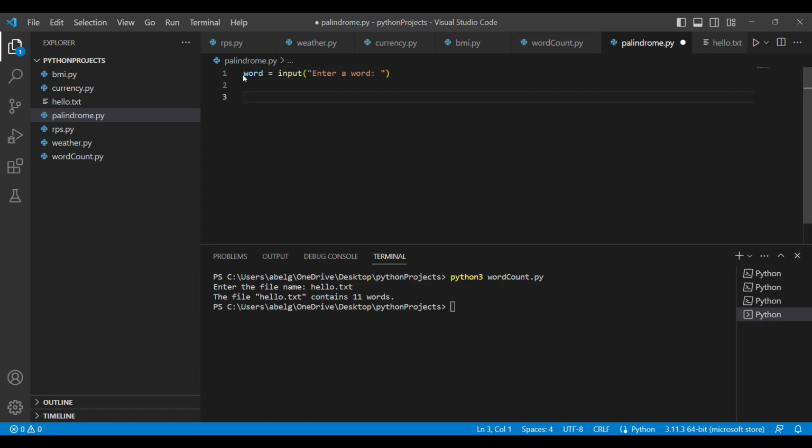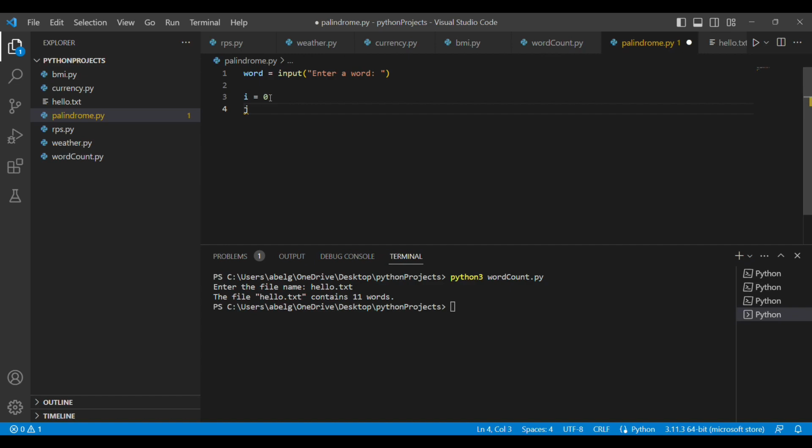So let's just call it I. So I is going to be 0. As we said with lists, as indexing starts with 0, the same is true for strings. So for a string, let's say for the string Abel, A is at position 0, B is at position 1, E is at position 2, L is at position 3. So it's the same as lists. So I equals 0 is going to point at the beginning of the word, and J is going to point at the end. So how do we find the end of the word?